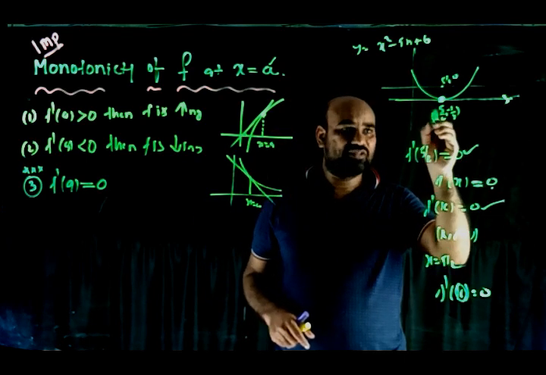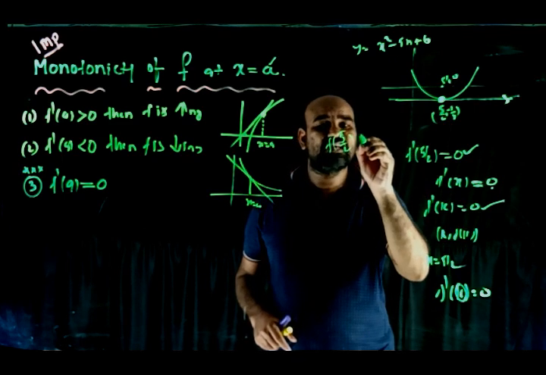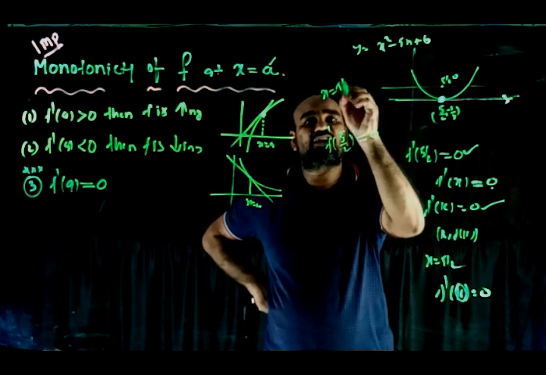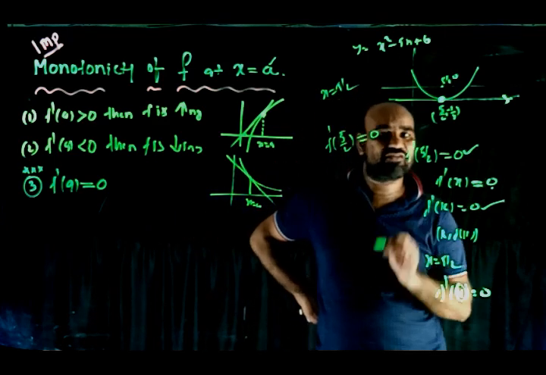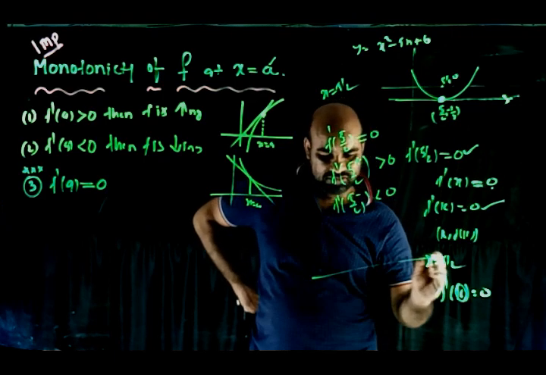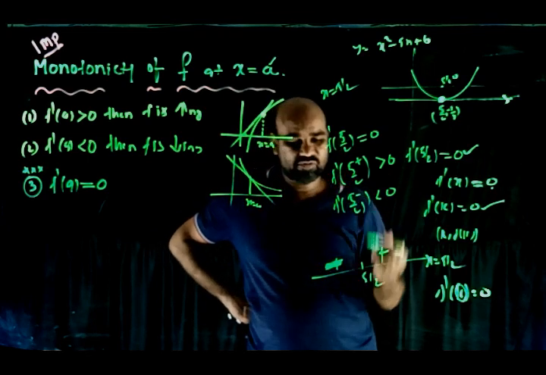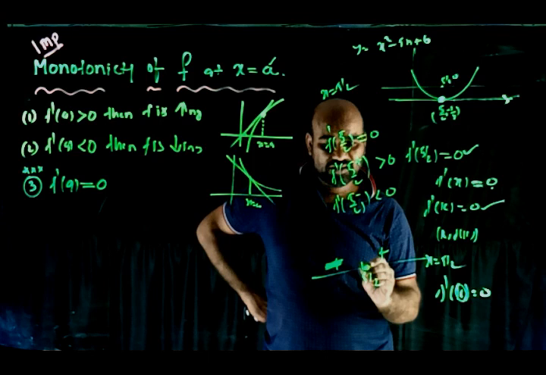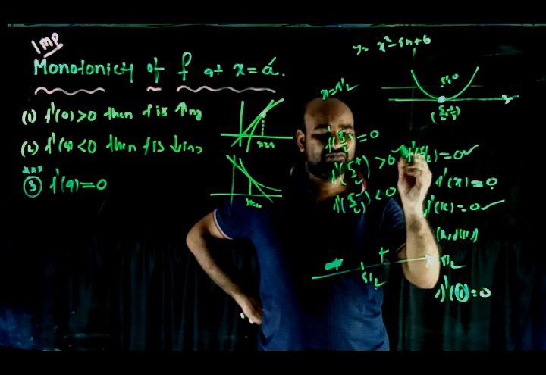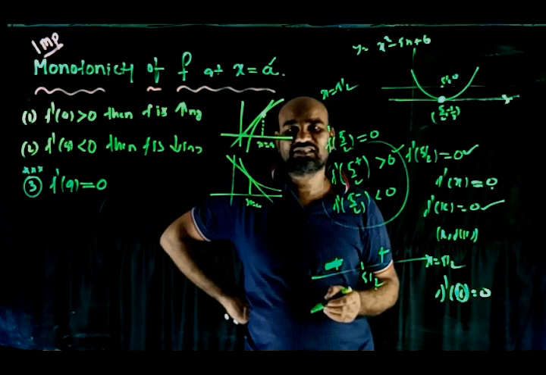Okay, what happened here? In this example, f dash of 5/2 is 0. Actually, I am checking monotonicity at x equal 5/2. First of all, what did I get? f dash of 5/2 equal 0. Number line, 5/2. Apply sign scheme. At 5/2 plus, f dash is positive; at 5/2 minus, negative. So in this case, we can conclude that the function is neither increasing nor decreasing.